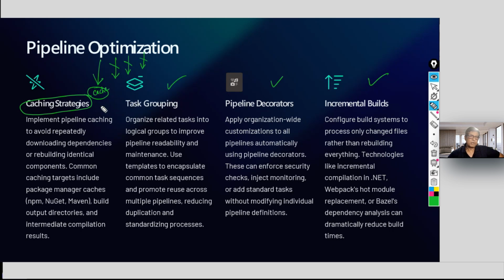There is a tool called Redis with which you can do very good caching. But anyway, all these things you can implement within your pipeline. Common caching targets include package manager caches like npm, NuGet, and Maven.